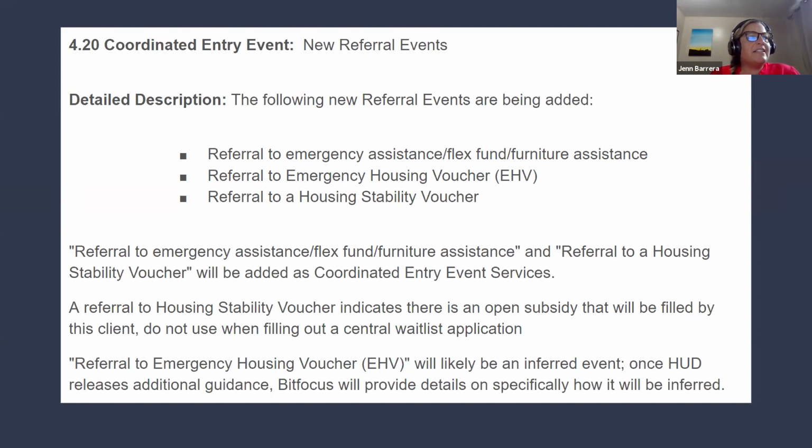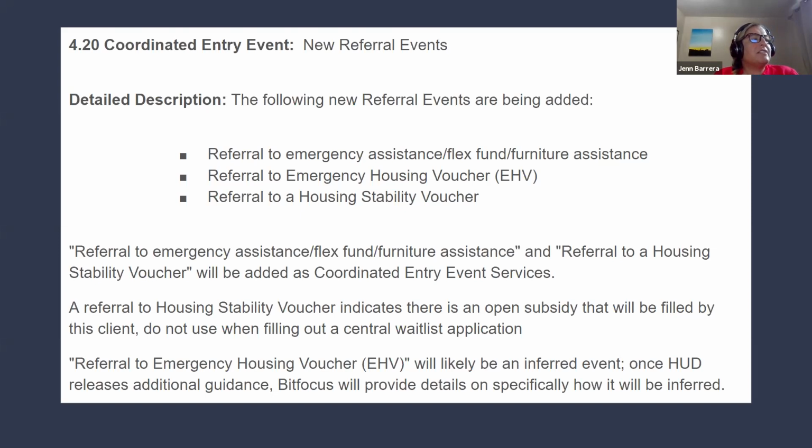The next is a referral to emergency housing voucher. We're going to talk a little bit more about that. And the last is referral to housing stability voucher. So again, the housing stability voucher and EHV will really only be completed by the CES housing team, because those are the folks completing these types of referrals.